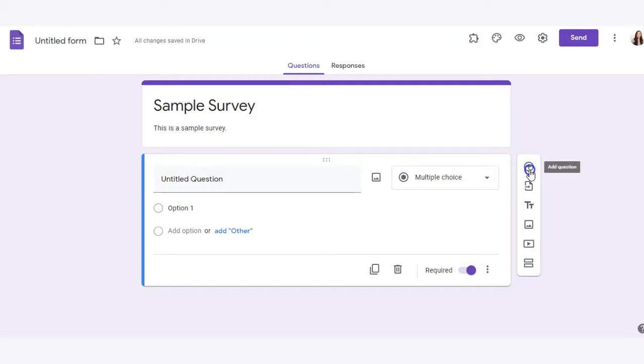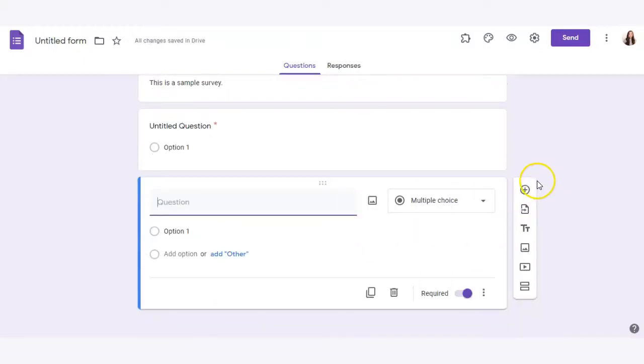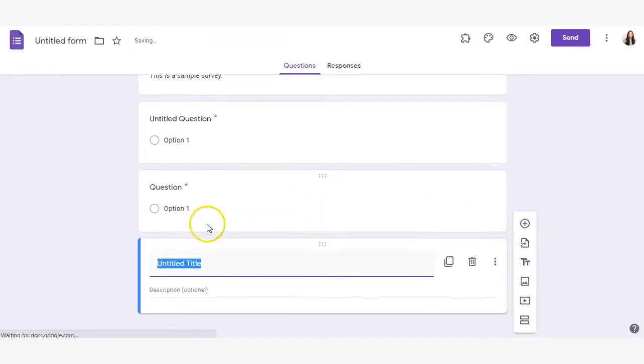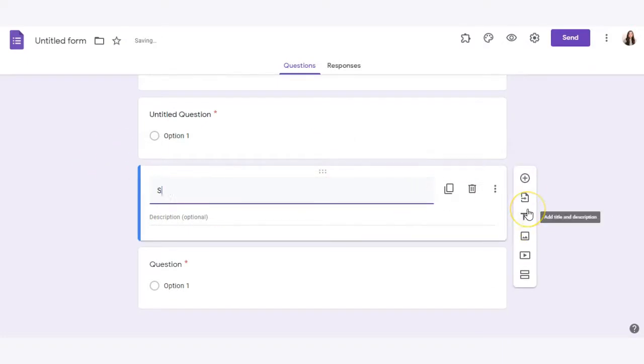Here on the right hand side, you can see there's a little toolbar, so this will add another question. Again, going to default to that multiple choice type. We can also import questions from other forms that we've created. We can add a title and description if you want to break out your form into different sections. You can do that, such as this. We also can add images and videos,